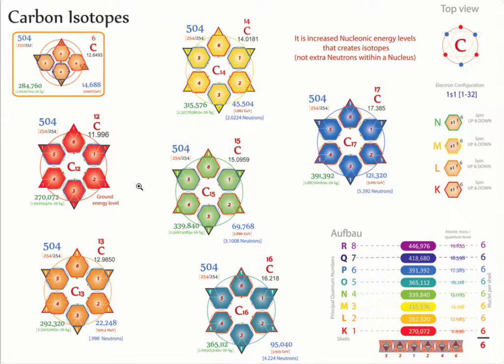We can then calculate their mass energies for each of these levels. We can relate that to either Tetryonic mass energies, equilateral geometries, or we can list them as just electron volts or some other suitable unit of measurement. Again, you'll note that all these additional energies for all the non-ground carbon isotopes are listed with neutral colors, because